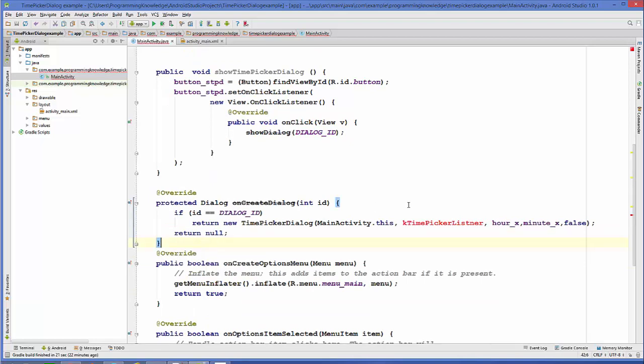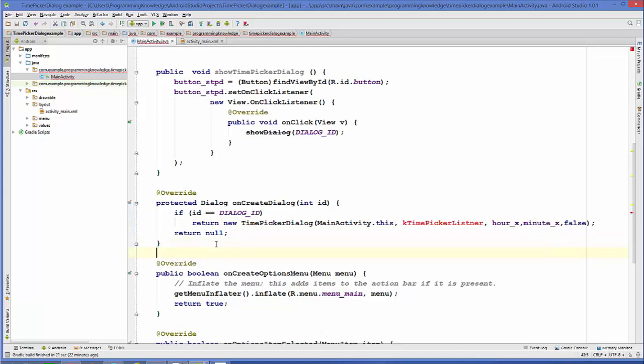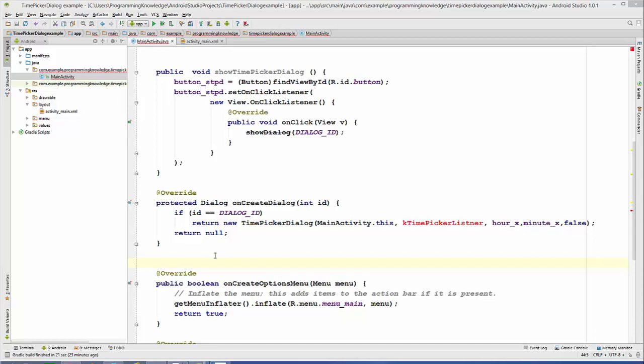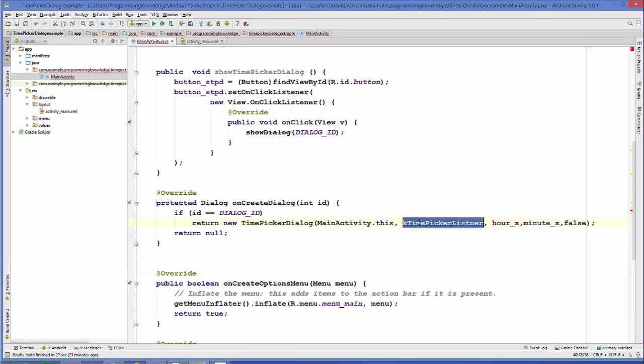Okay, now let's create this time picker listener variable. So what we are going to do is declare this variable.